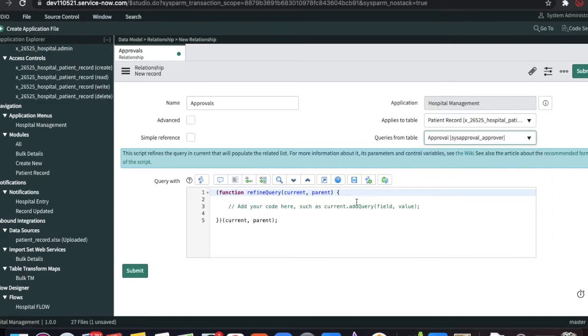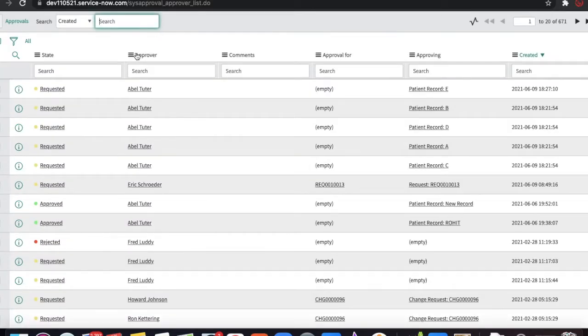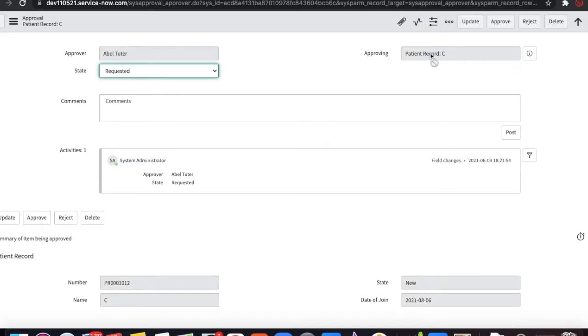Okay. And here, first of all, we need to write the code. So what code should we write? If I go to the approvals table and open any record, you can see this record is created for the patient record by which field? The approving field.